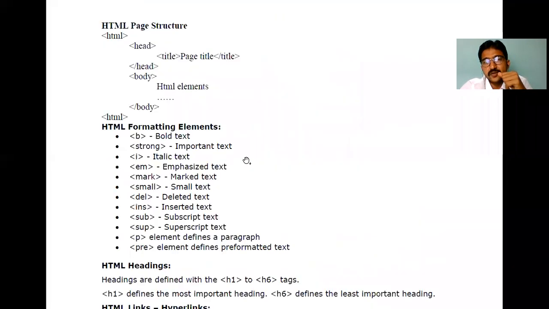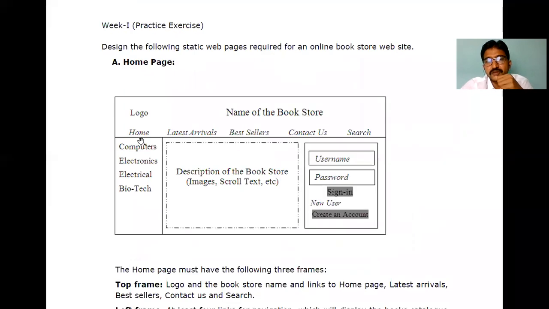If you see the second row of the page, how many columns are there in the second row? 1, 2, 3, 4, 5. 5 columns are there. Agree? Out of these 5 columns, in the second row, the first column matches the first row, first column; both are in the same lines. But for the first row, only a second column is there, while for the second row, 4 columns are there. So that's why we need to merge with colspan. Merging columns is called colspan.